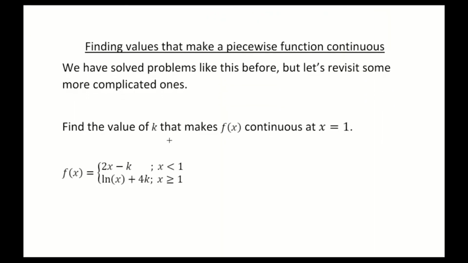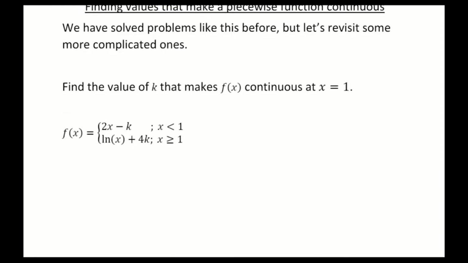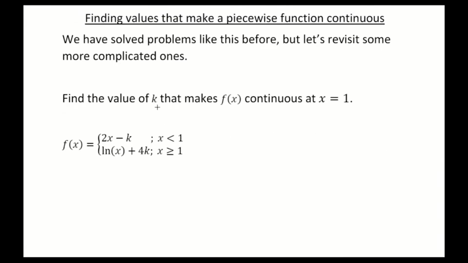Now, let's change gears just a little bit here. And this is a kind of problem that we've worked out before, but now we're just going to make it just a tad more complicated. So this is where we want to find values that make the piecewise function continuous. Now, like I said, when we talked about piecewise functions, I showed you how to work this kind of problem. But I just want to show you something that might get a little bit more complicated here. Might involve some logarithms, or I've got one other problem here that I want to show you where you've got multiple variables. But let's say we want to find a value of k that would make this continuous at x